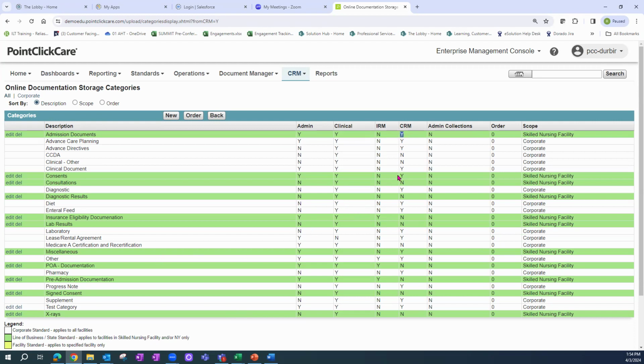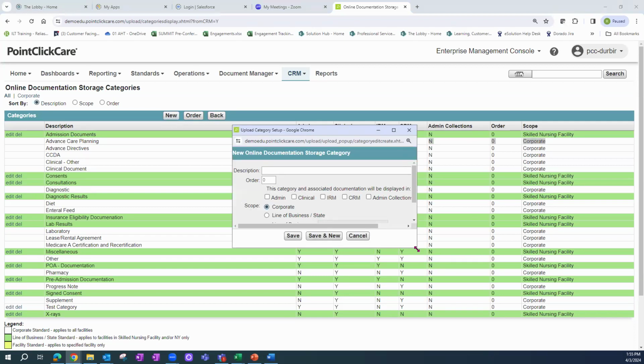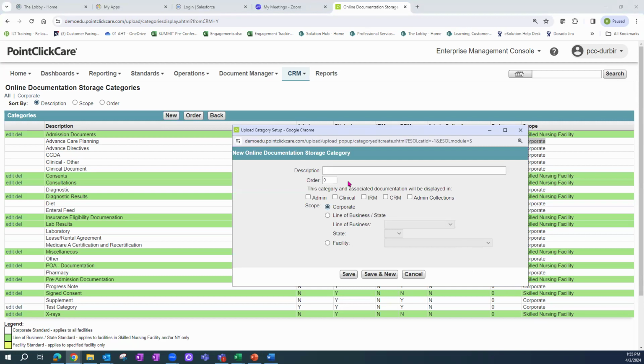What I'm looking for is under this column. If this says CRM is a no, it's not going to display there. And I'm going to bring over one of the guides that we use, everybody, just so you can see how easy I can upload information here. But as an organization, this is an area that everybody's going to talk about and say, okay, comes with some default categories. We want to be very specific as to what we put and do we need to create new categories. And by all means, if you have the security access and the organization agrees upon it,